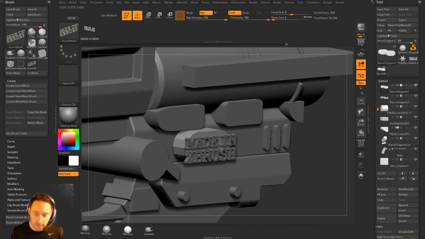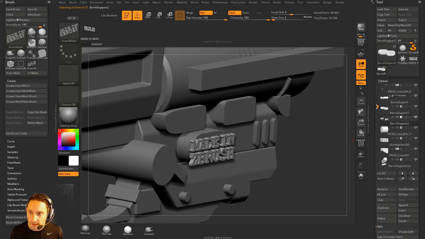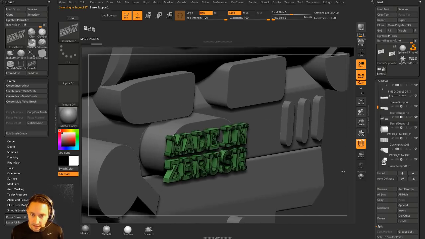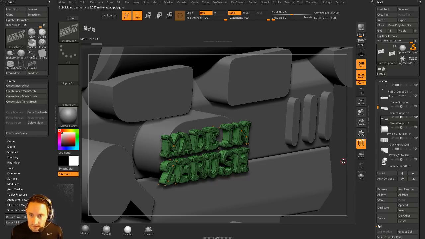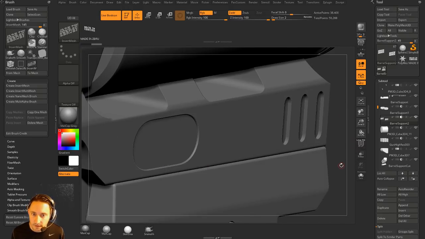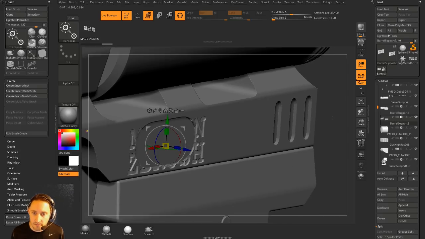So now if I do D to turn dynamic back on, and then I select my text here, it's already subtractive because it was split from a subtractive mesh. If I hit D here, it's going to inherit the dynamic properties from our original mesh. If I don't want that, I'll just do Shift D and turn that off. And then if I turn my live boolean render back on, you're going to see if I keep pushing this in, it's going to start subtracting that text from our object here. So in order to get this placed,